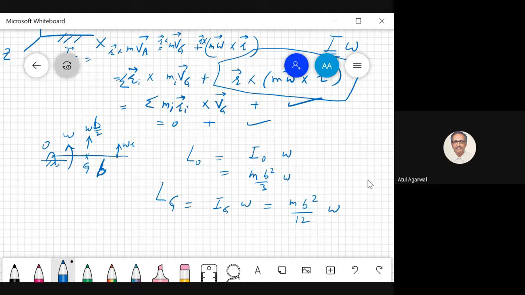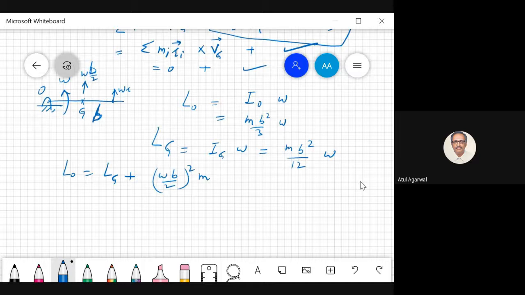So what is the relationship between Lg and L naught? We can say L naught is equal to Lg plus what is the velocity of the centroid? Omega b by 2. Is it happening? Yes, sir. So for your Lg is m b square by 12, plus